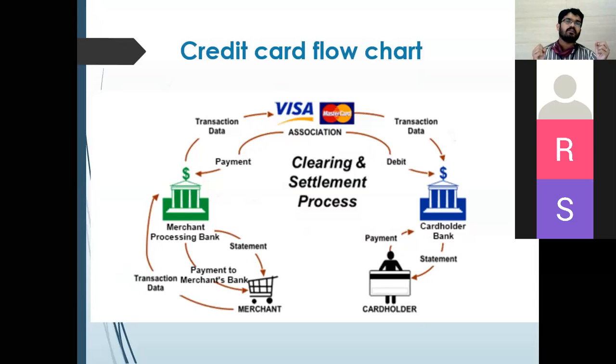See, basically what happens is there are lots of banks who issue Visa cards. There are lots of banks who issue credit cards, sorry, MasterCards and all. So there should be one place where all these transactions come. Any transactions related to Visa goes to Visa. Any transactions made using MasterCard goes to MasterCard. Any transaction made through RuPay goes to RuPay. And similarly, the merchant bank also does the same thing. And then they are settled.